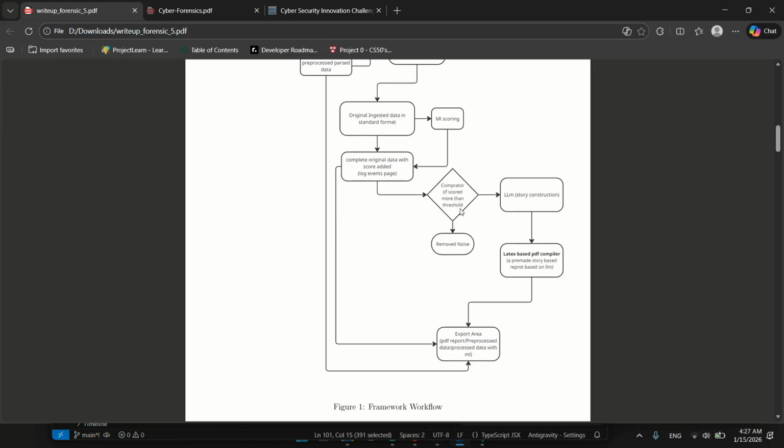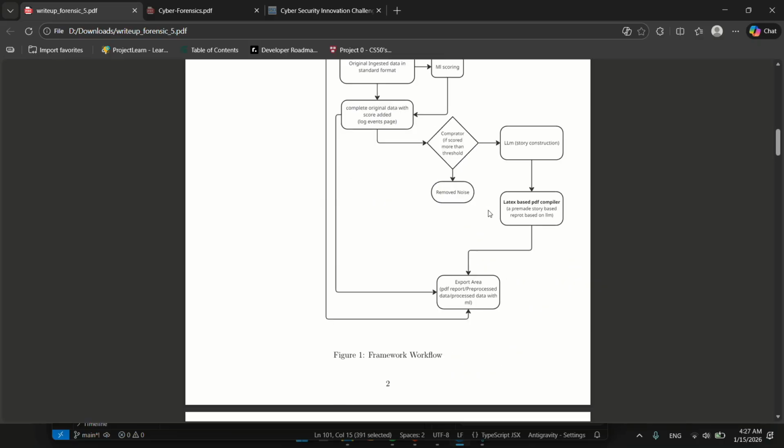If the scores are more than threshold, it is sent to LLM in cluster, while if the score is less, it is removed as noise. After this stage is completed, the LLM reconstructs the whole story. It does two things. First, it provides a page to list and read all the correlated data.